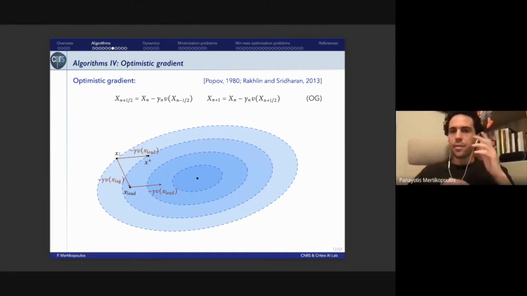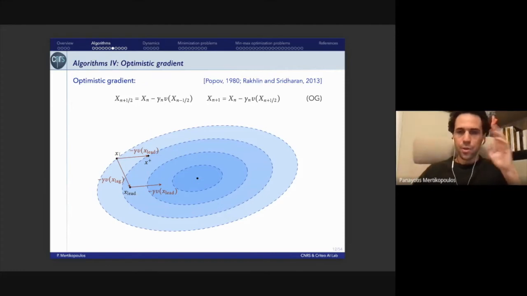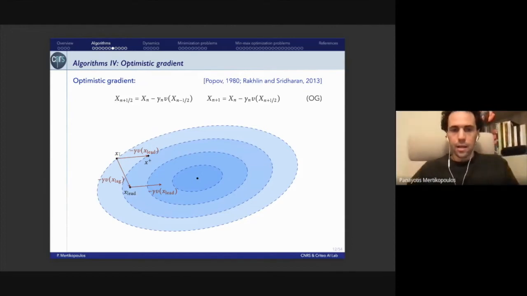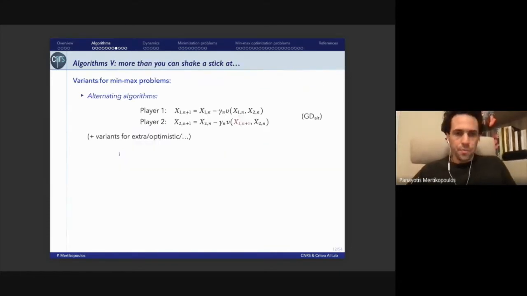In 2010, then Rachlin and Sridhara in 2013, then also used again by Gauthier and Simon in various works, and in certain cases, it has very good performance properties, and it is essentially a state-of-the-art method. And also there are lots of variants of these methods, like alternating variants, which are valid for min-max problems, where there is one player updating first, then another player is updating based on the new state, including the information of